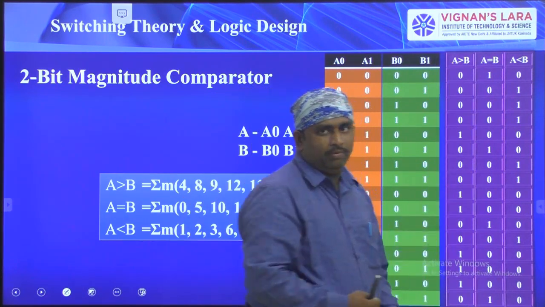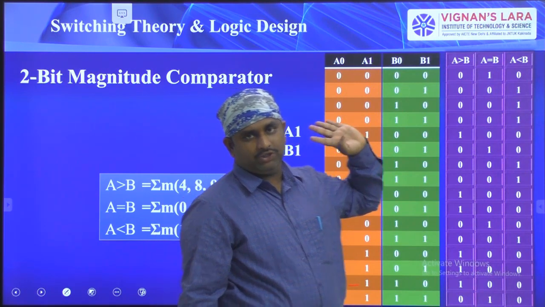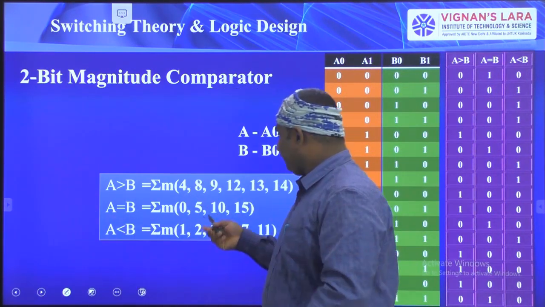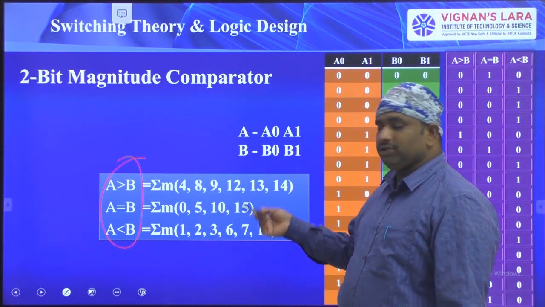Only 4 possible combinations. Here we have the maximum, 4 combinations only. The 4 combinations we have represented with A equal to B. So these are the 3 combinations for which we have written